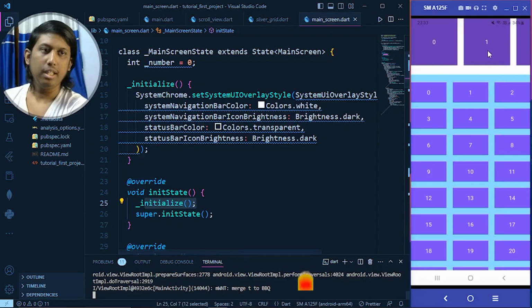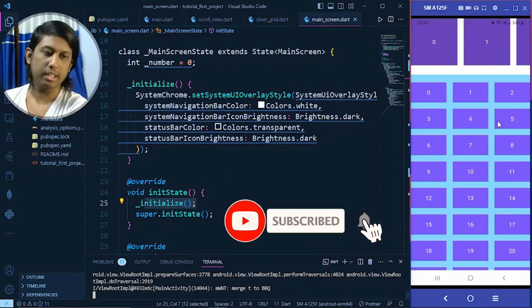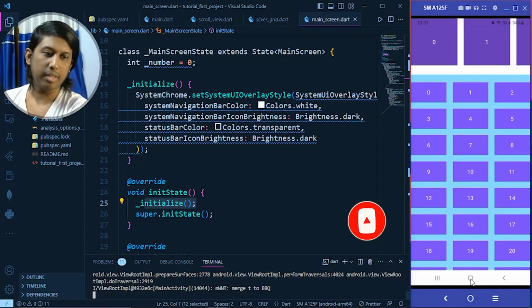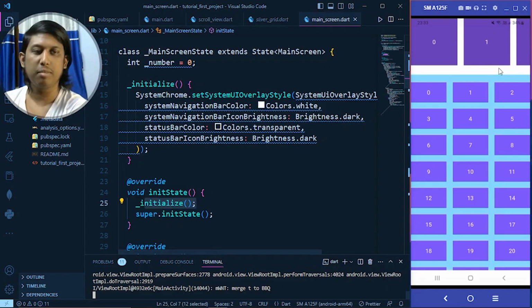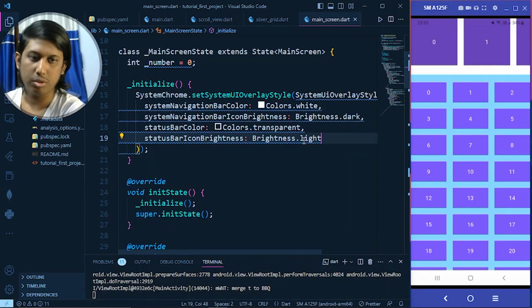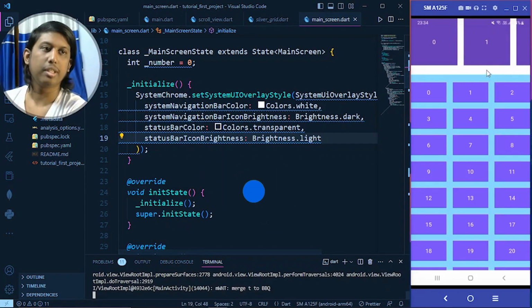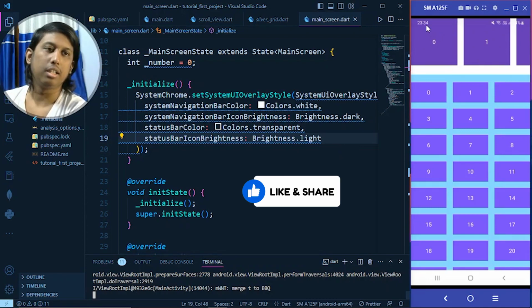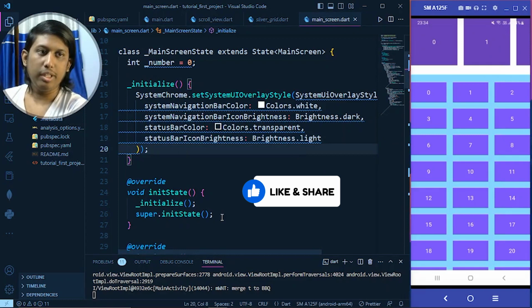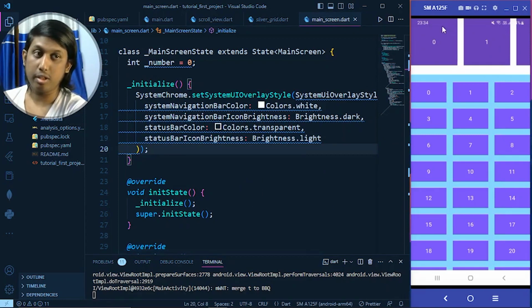Now as you can see, our status bar color is transparent, and our navigation bar background color is white and icon brightness is dark. Here we make a small mistake: we gave the status bar icon brightness as dark, so it is not looking good. I change its brightness to light and make a hot reload here. And as you can see, after the hot restart, the status bar icon brightness is light. Okay, so in that way you can change the background color of the status and navigation bar and also the icon